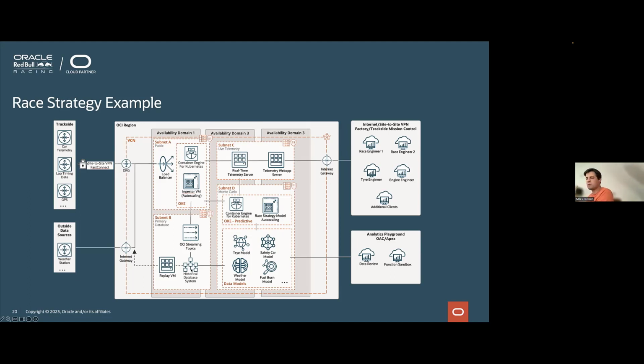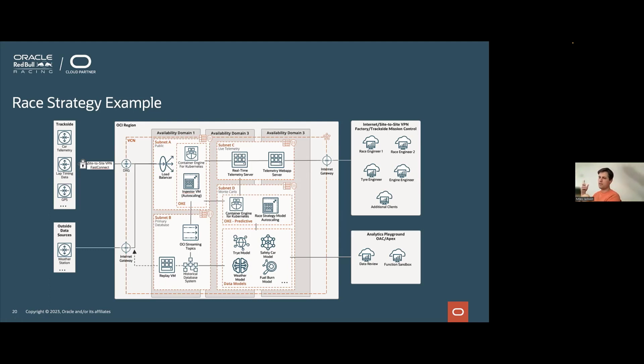Now, once we're in the database, we can build quite a system off that. We can replay off that, or we can start building tire models, safety car models, weather models from the massive data sets that we got from playing the game over and over again, fuel burn models, all those things. And that becomes the inputs to stuff such as the Monte Carlo system, the strategy system. It will take inputs from your historical data. It'll take immediate current information